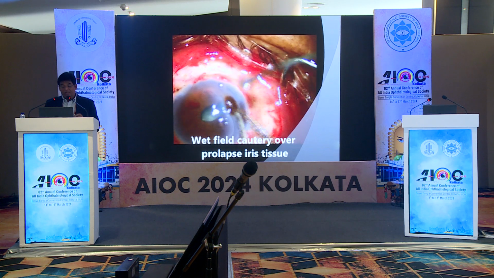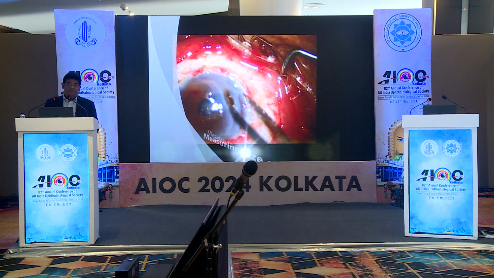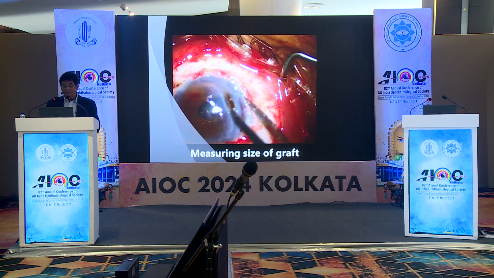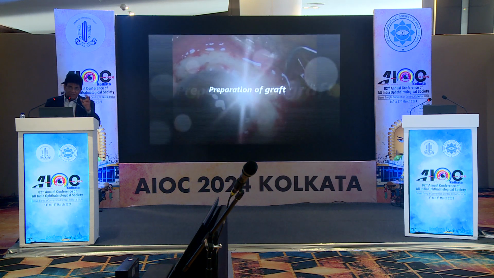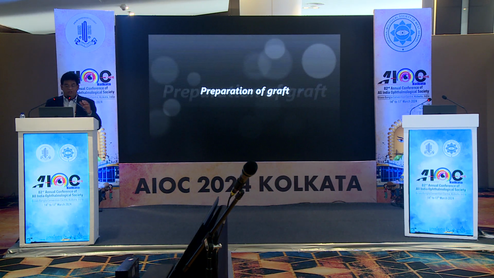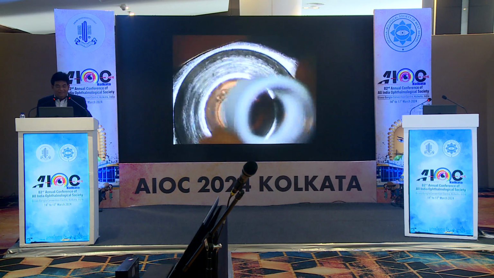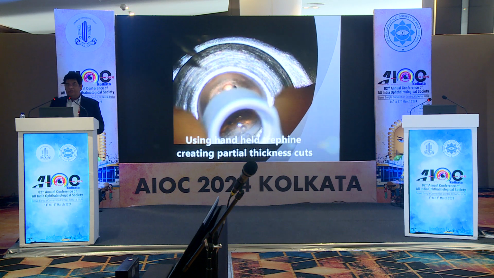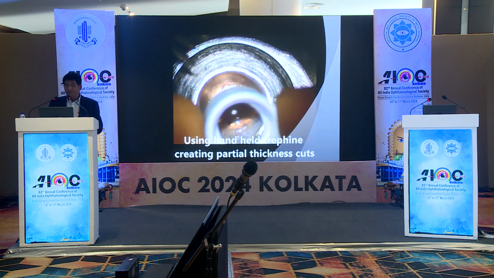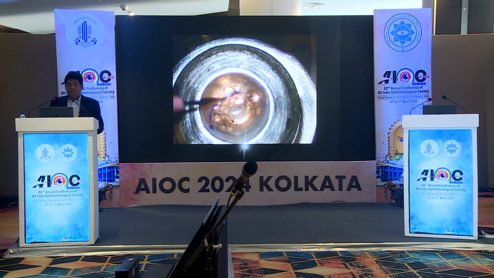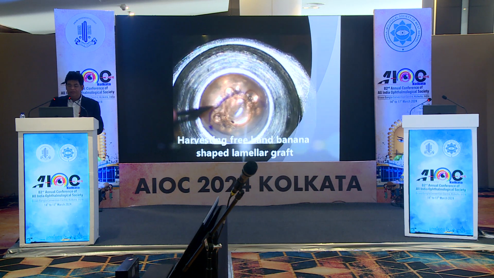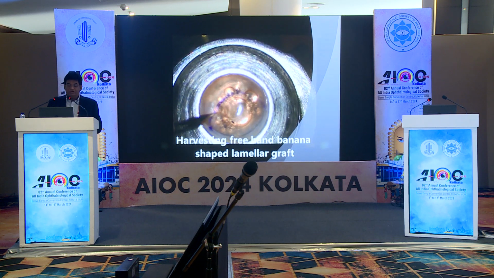You should do a little bit of cautery over the prolapsed iris tissue. That takes care of the epithelium, and it shrinks the prolapsed iris tissue so that you are able to place the graft. In this case, you can use either a double trephine method, or you can use the marking method. Using a dye, you can measure with the caliper, and then you can just cut. So this is a partial thickness